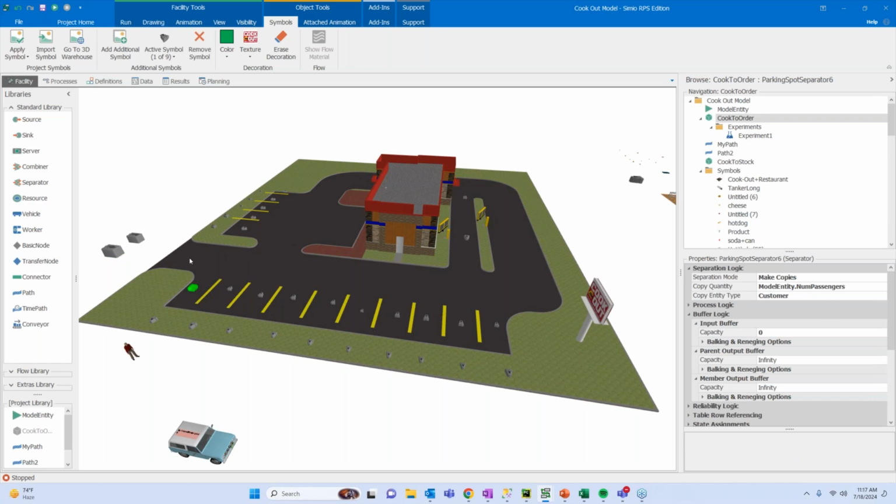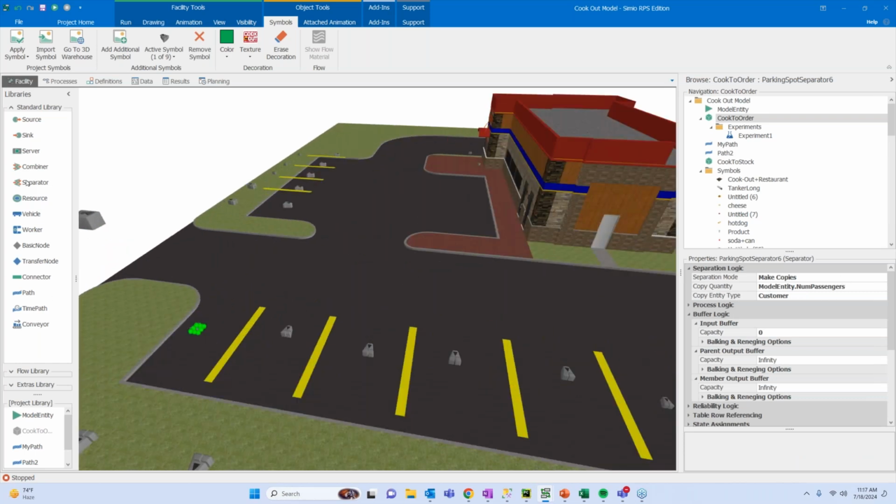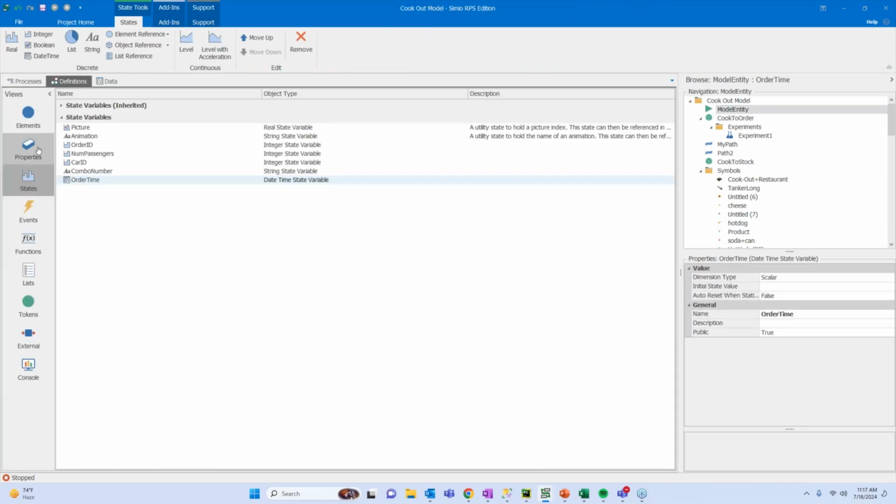So at this separator object, and this is again one of our standard library objects, we are defining the separation mode. In this case, I am making copies of the default because, similarly to the number of passengers state variable, I also have a few other identifiers like the car ID, and we'll touch on when this is relevant.